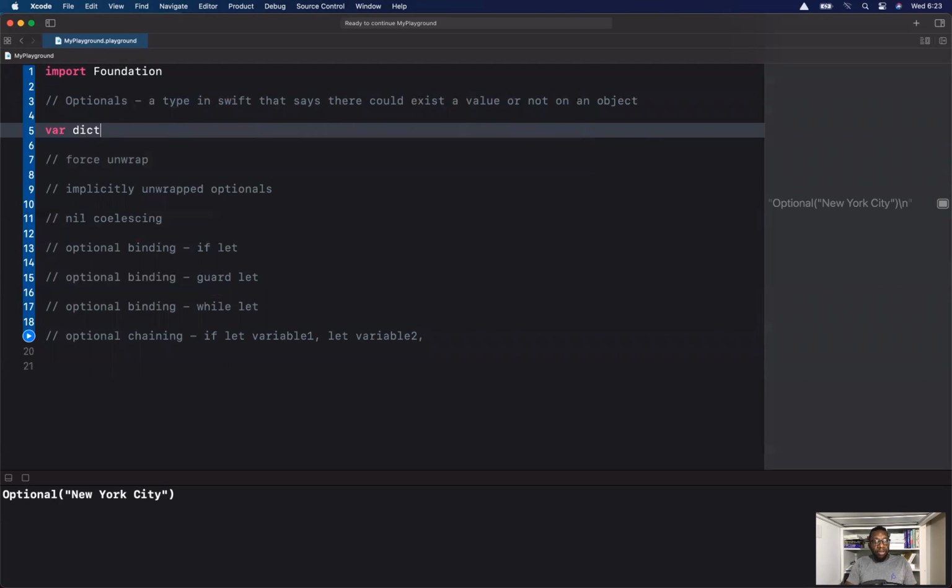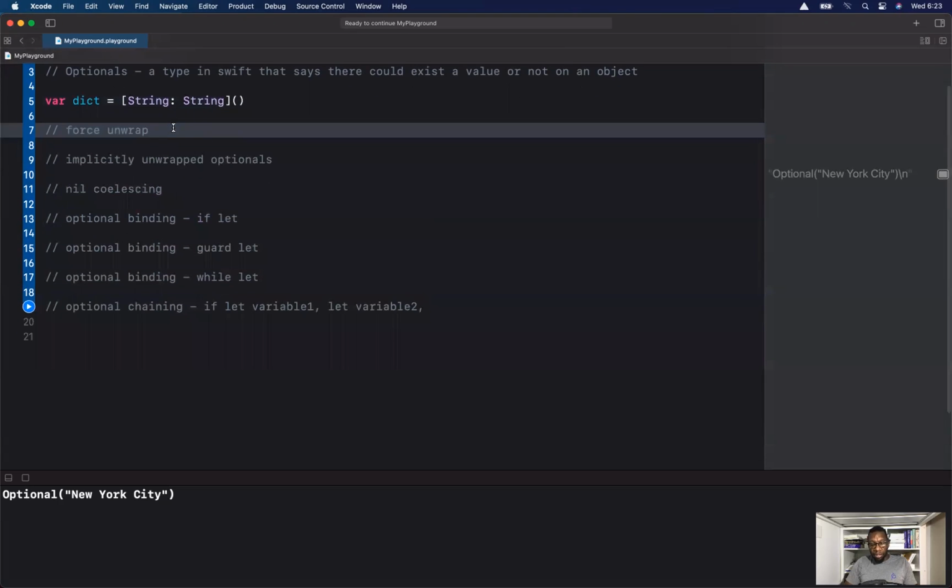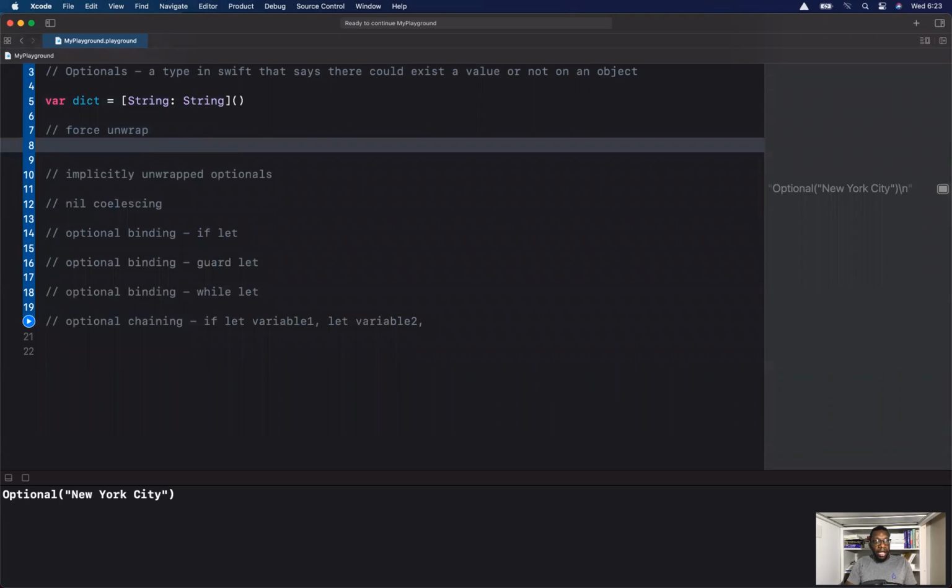So we'll create a dictionary here. This dictionary will be of type String and String, just like this. And this is where we are. So what does force unwrapping mean? If I want to go ahead and access